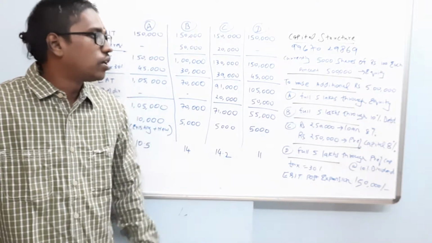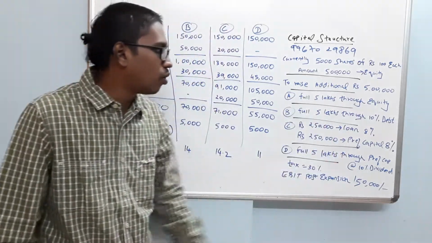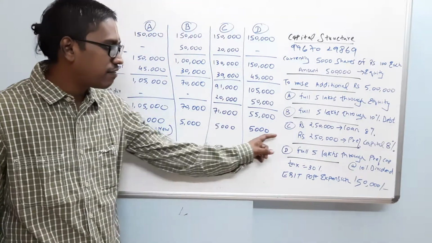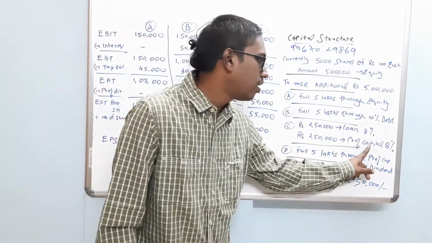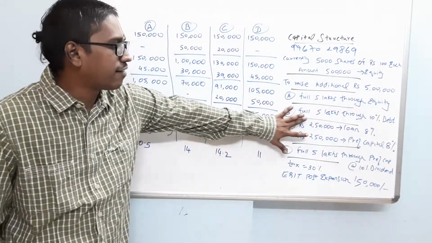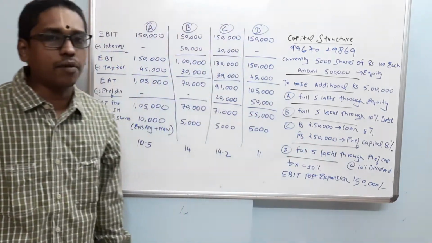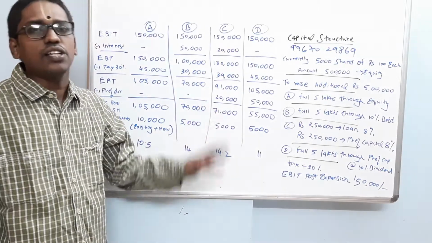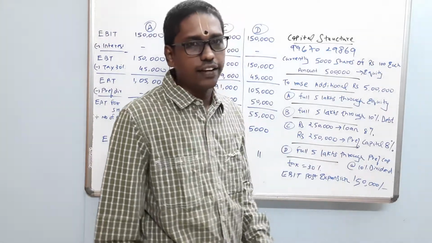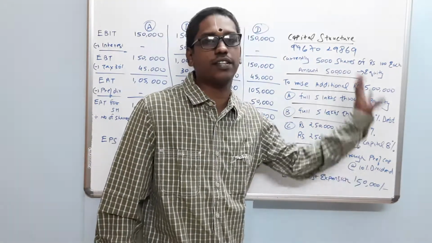The third option is to raise 5 lakhs as follows: 2.5 lakhs we will borrow, we will take a loan on which we will pay 8% interest, and the balance 2.5 lakhs we will raise through preference capital on which we will pay 8% dividend. So 2.5 of loan plus 2.5 of preference capital, total amounts to 5 lakh rupees capital. And the last option D available to the company is wherein the entire 5 lakhs it will raise through preference capital only, on which it will pay a 10% preference dividend.